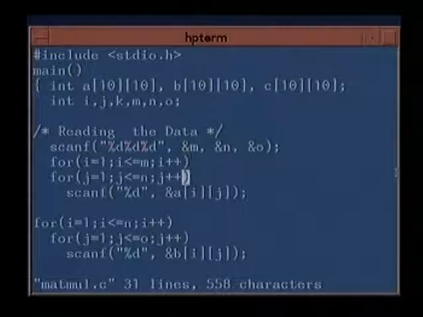Anyway, we'll make sure that we don't give the data that way. So I equal to 1, I less than or equal to M, I plus plus, J equal to 1. So we are reading it row wise, and again here A[I][J], and you give it this way: A[I][J], not A[I, J]. You give it this way.